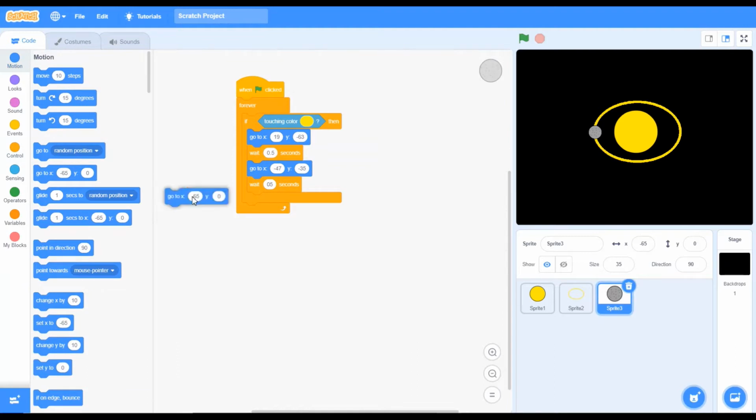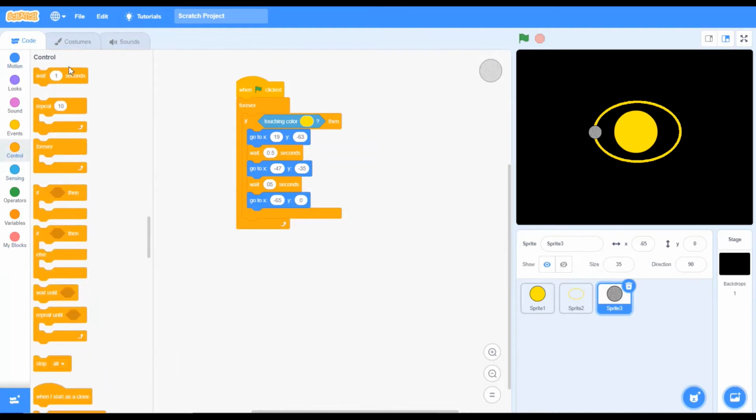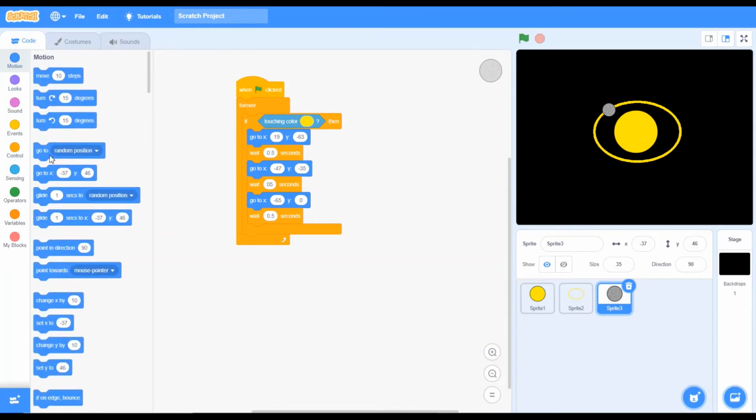So friends, this animation is very easy. You just have to remember the codes, and this animation is very easy. Okay, Scratch is very fun. Now friends, we want it to go maybe here. Yes, it's perfect. Then it will go here. Again we will go to the motions, then here.